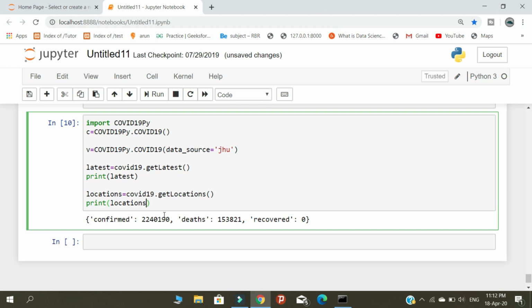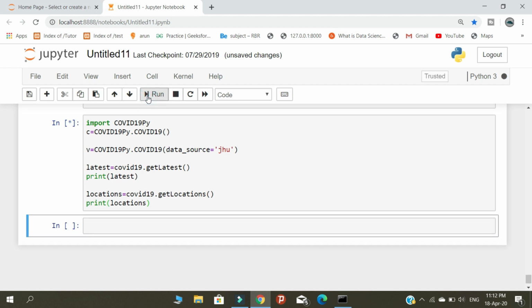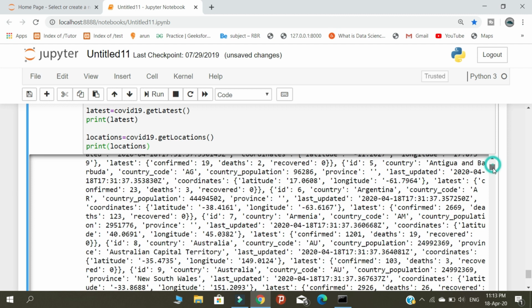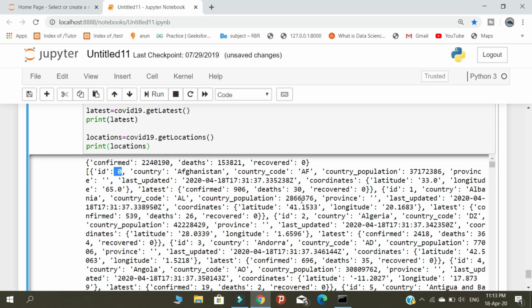This will execute and print which countries are affected by coronavirus. Let's run the program. So this is our output. This output represents the countries affected by the coronavirus. It prints in alphabetical order, so Afghanistan, the A, comes first.